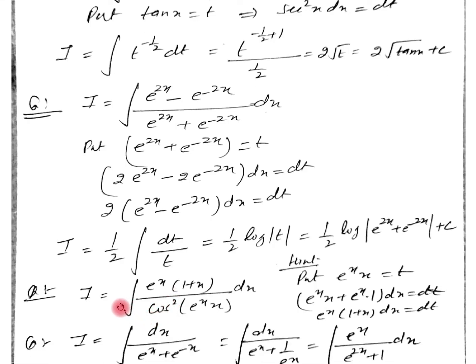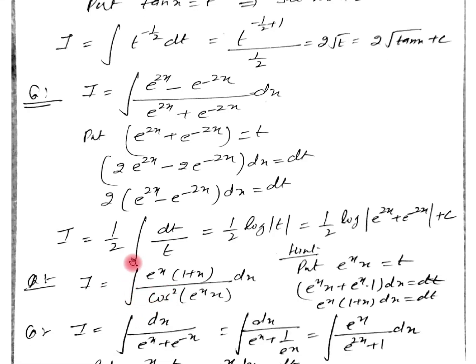Now see the next question. I am just giving you the hint. We have to integrate this. Now just see here, our variable is e raised to power x into x with the cos square. Now putting e raised to power x into x equal to t and differentiating, we are getting, using the product rule, the derivative of e raised to power x into x plus first function as it is, derivative of second, the derivative of x is 1. Then taking e raised to power x common, we are getting 1 plus e raised to power x into 1 plus x dx equal to dt.